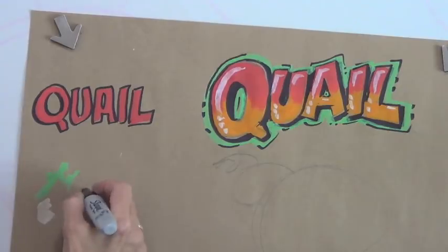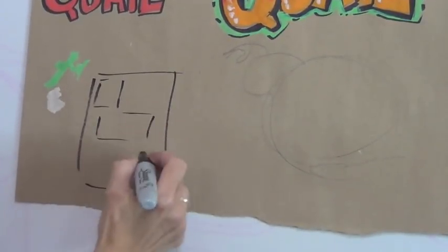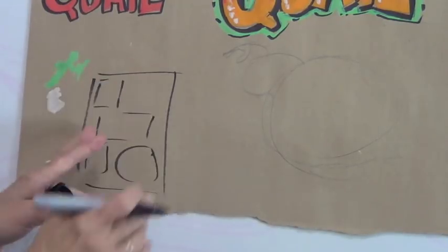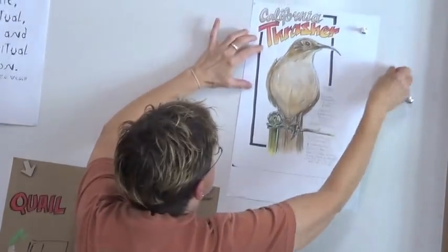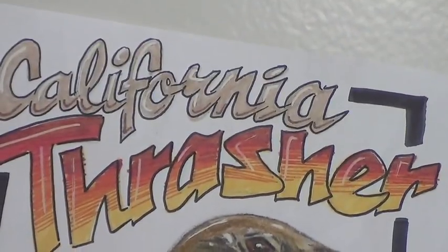One thing when I'm out in the field and I'm trying to do more of pages that have just things blocked into them, and I can have loose drawings in there too, but when I get home I might end up with a glaring splotch of space. And to demonstrate this, I've gone back into one of my old nature journals, and I had drawn a thrasher in the yard, but I had this big space here. And so I just went back in and I penciled in the word thrasher, and I penciled in